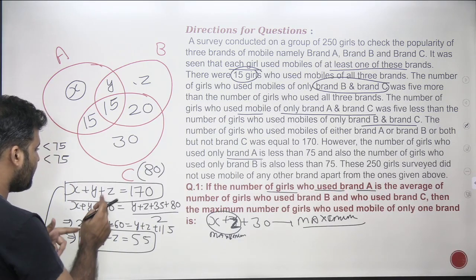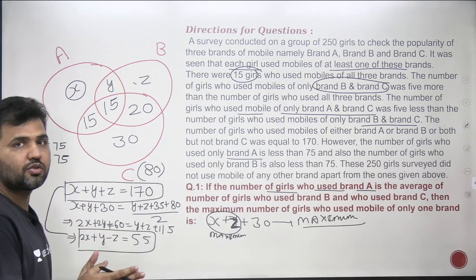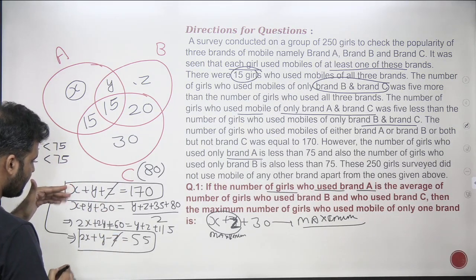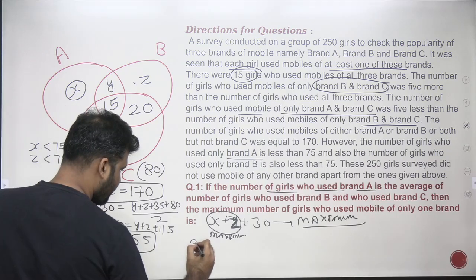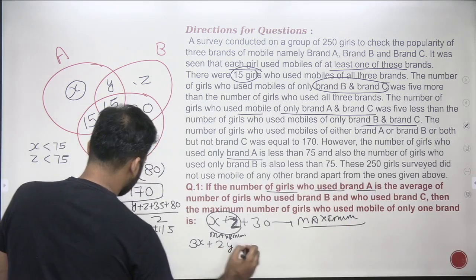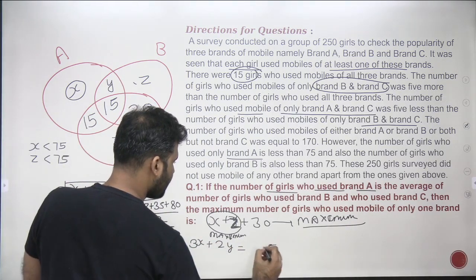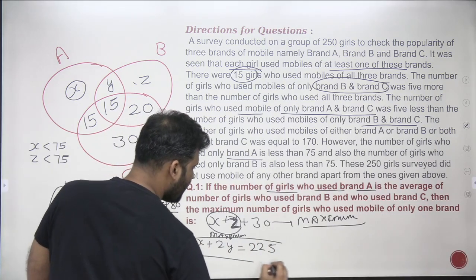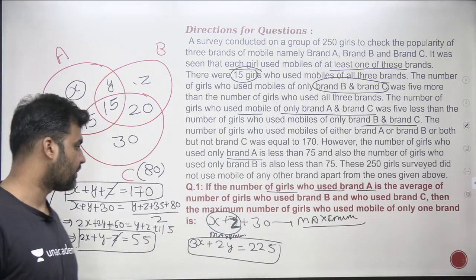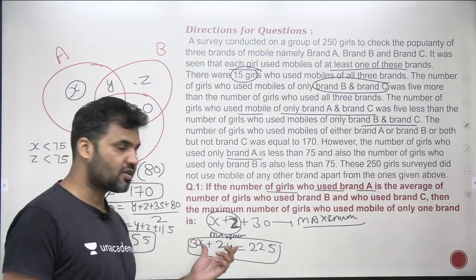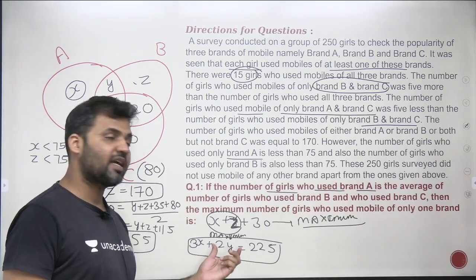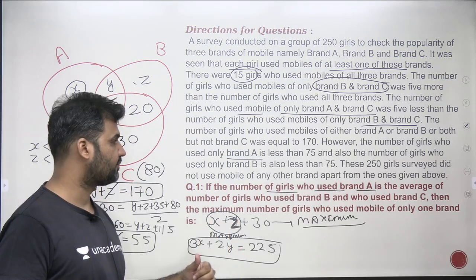So what we need to do is solve these two equations and reduce it to two variables, and you can clearly see that if I add these two equations, z and z will get cancelled. 2x plus x will be 3x, plus y plus y will be 2y, is equal to 170 plus 55, which would be 225. This is the equation. Now what we have done is reduced the equation in three variables to two variables in terms of x and y. And now I need to find the values of x and y which satisfy this, and putting those values of x and y, I need to maximize the value of x and z. What will be those values?